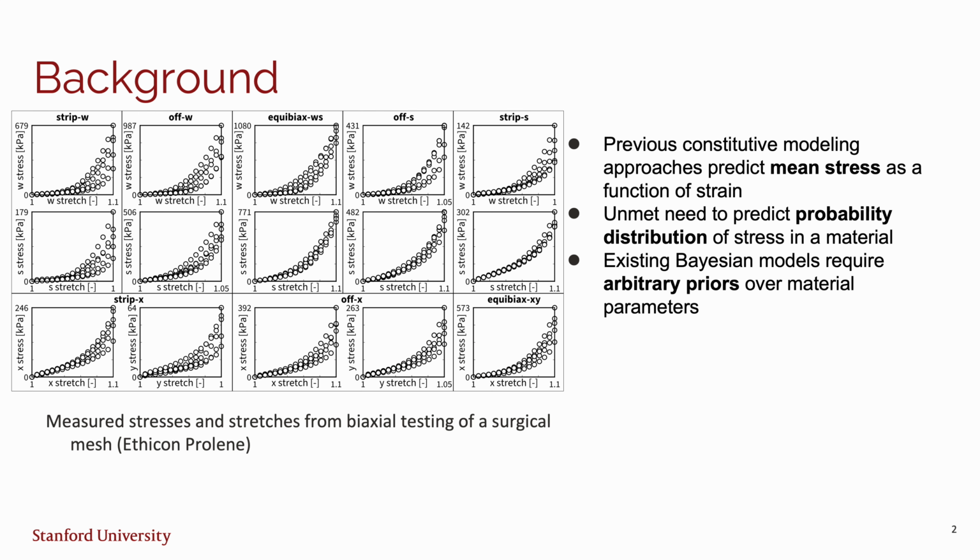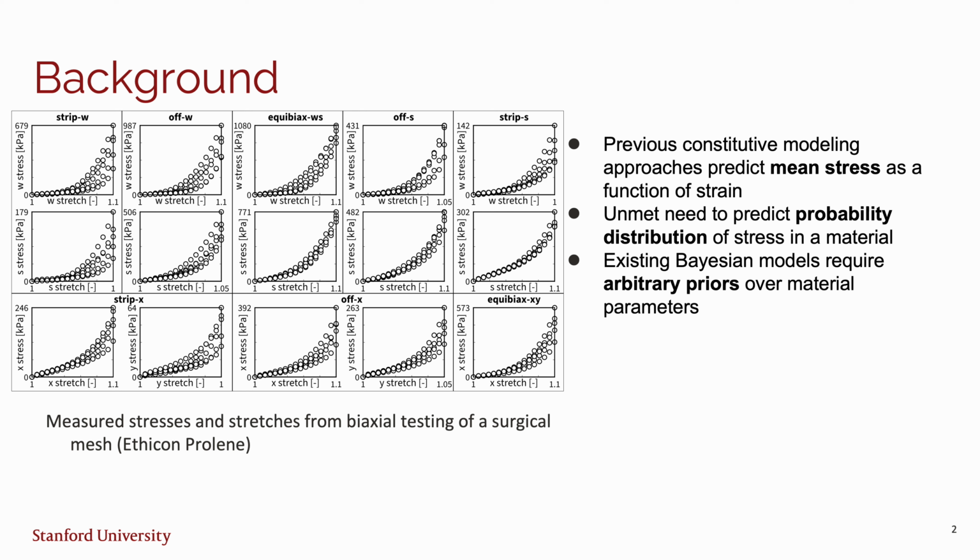Previous methods for discovering constitutive models for biological and surgical materials predict the mean stress in a material as a function of the strain. However, if you look at real data, there's often lots of variation in the stress response between different samples. As a result, there's a need to build a method that predicts the probability distribution of stress